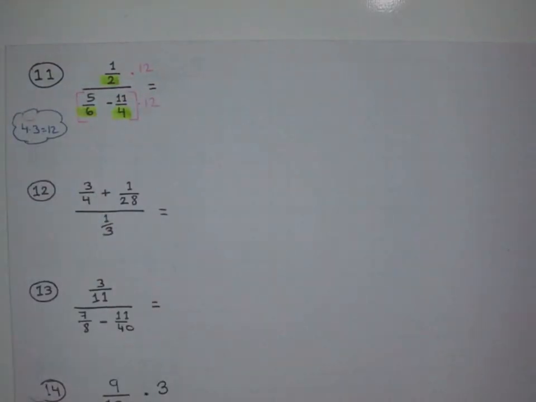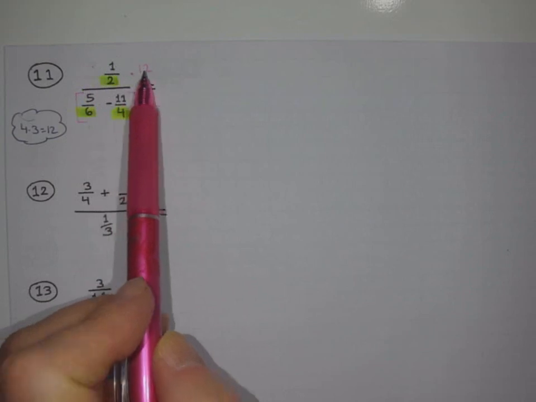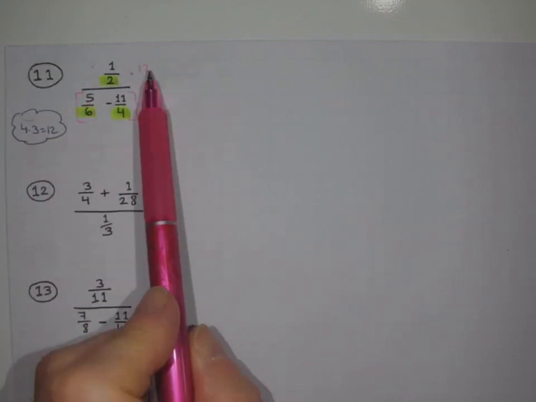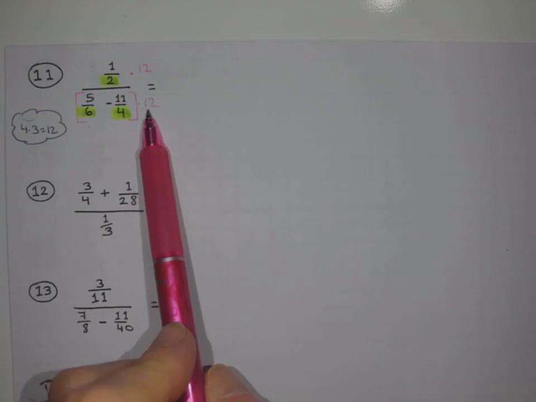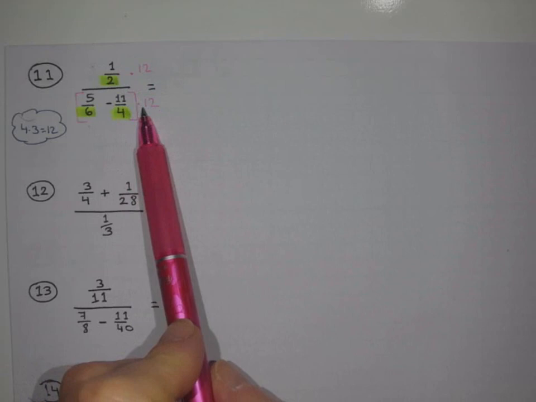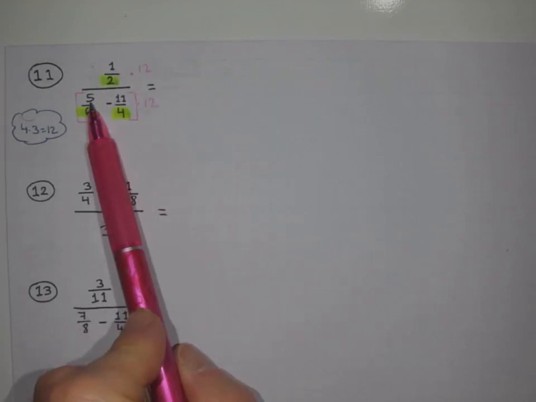Now why is that allowed to do? Because I multiply the numerator by 12 and the denominator by 12. That's like multiplying by a 12 over 12, which is just a 1, right? Anything over itself is 1. And so multiplying by a 1 doesn't change the fraction, but it's going to help me to do it this way. So